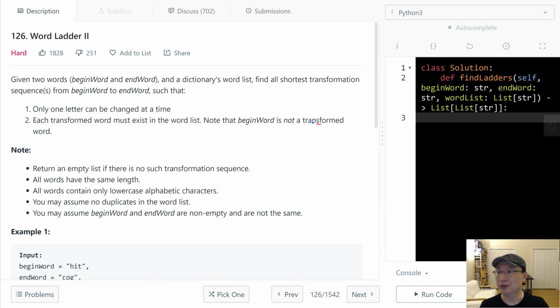LeetCode question number 126, Word Ladder II. This is a hard question. Let's get into it. Given two words, beginWord and endWord, and a dictionary wordList, find the shortest